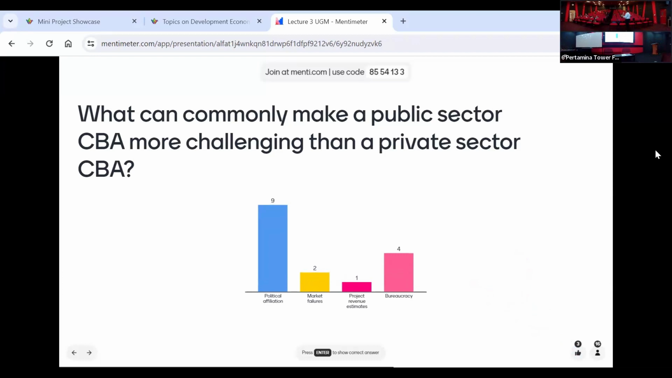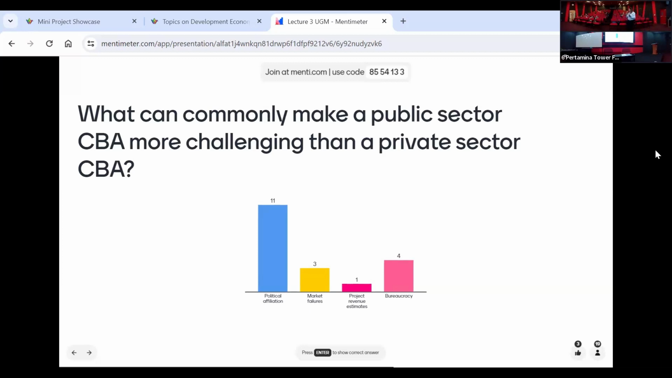Who is right? Who is wrong? Okay, so it proves that democracy doesn't work. Okay? It's not political affiliation. That has nothing to do with it. I know it's in the news today, but no. It's the market failures. It's the market failures that make it a lot more complicated because both private and public